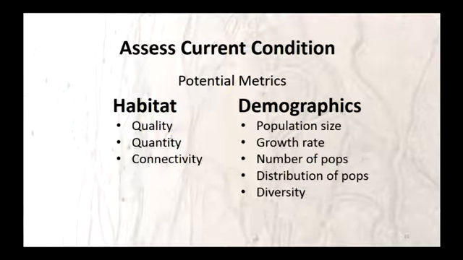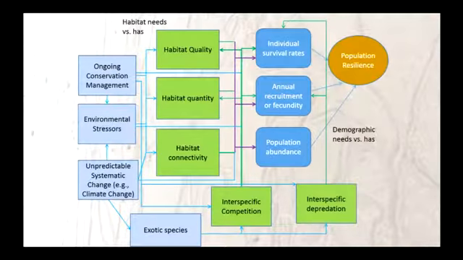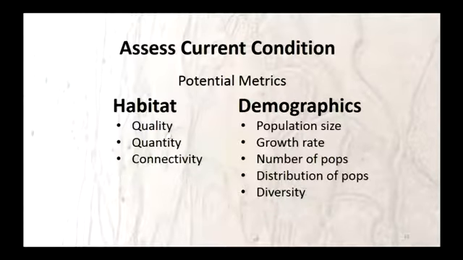So once we've walked through that conceptual modeling exercise, we now have a map to guide us through the rest of our assessment of this species. The second step is going to be to think about their current condition on the landscape. And so we can look at our conceptual diagram of what they need and think about what habitat characteristics we might measure on the landscape to determine whether or not their current status is good or bad, or whether their needs are being met. We can also look at data to see if we can estimate demographics for that population and see if they're going to add up to a resilient population by first thinking about their needs.